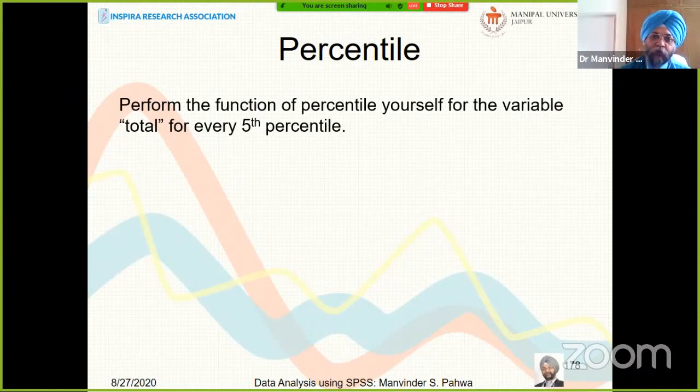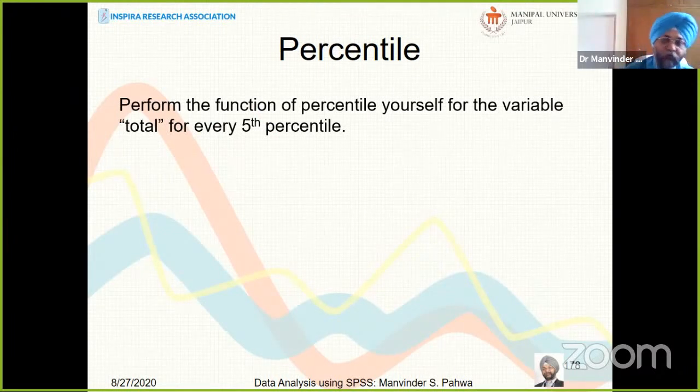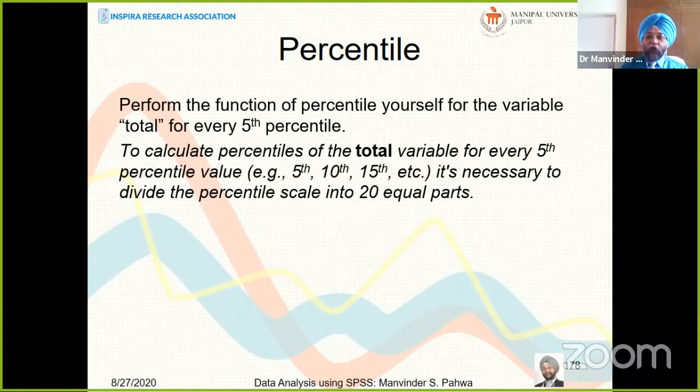So perform the function of percentile yourself for variable total for every fifth percentile. Can you do that for me? Every fifth percentile we want to calculate. What will you do? To calculate percentile of the total variable of every fifth percentile, for example, fifth, 10th,